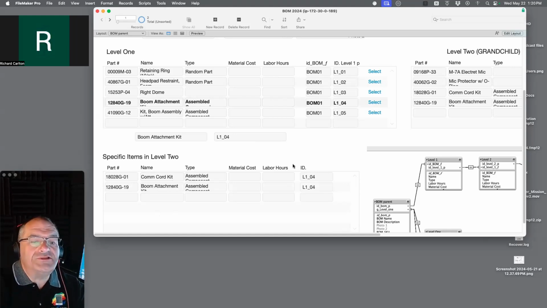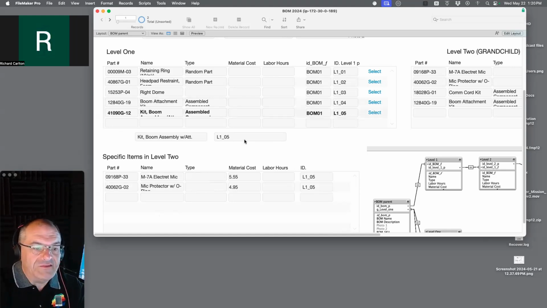So now we're seeing these sub items that belong to this one here, or I can select this one and see sub items that belong to this one. Okay, then